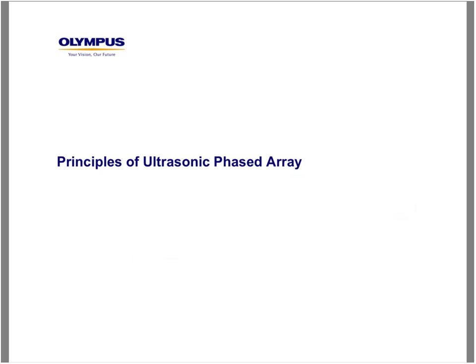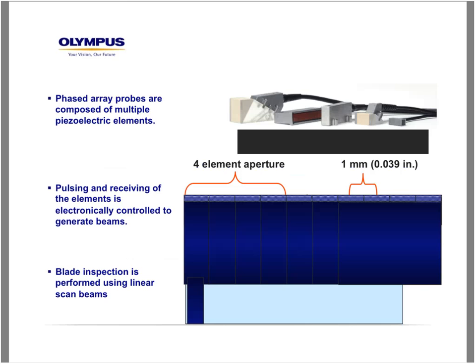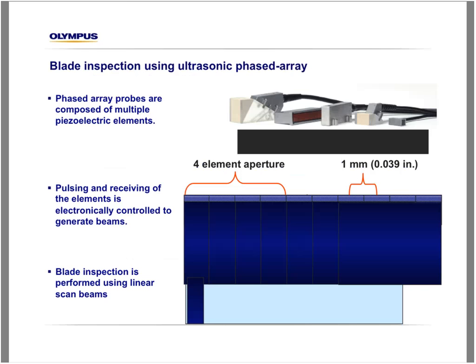A few words about the principles of ultrasonic phased array. A phased array probe is composed of multiple piezoelectric elements. Typically, it can go from 16 elements up to 128 elements. We use a group of elements to create a beam, and then we multiplex the beam over the length of the array. Unfortunately, here we cannot have animations, but you have to understand that this beam will move